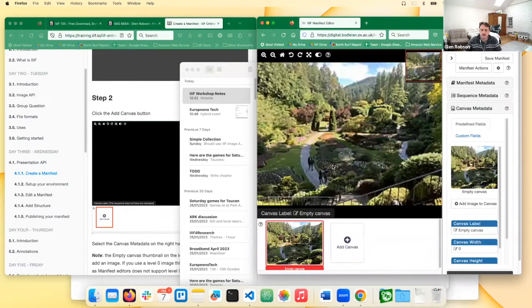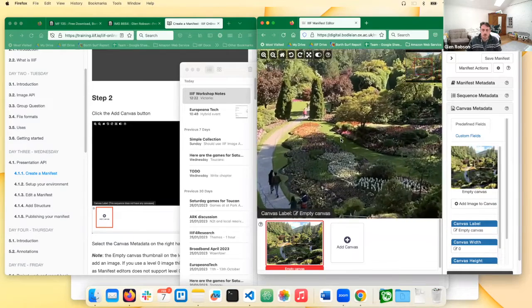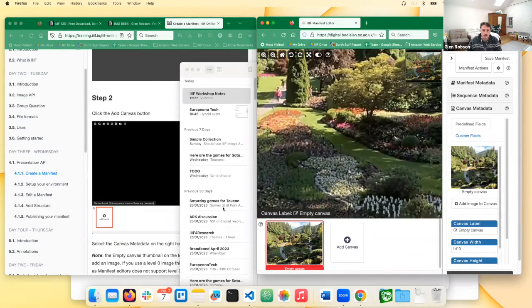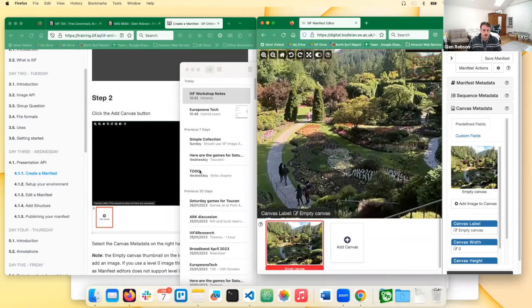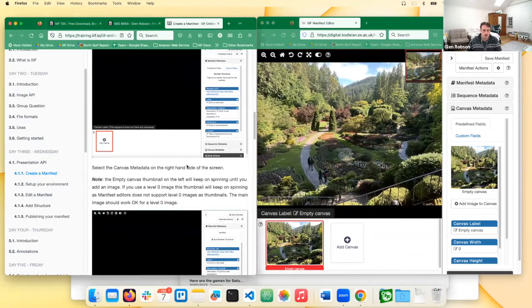So this can take a few minutes to load, especially if you're using the Internet Archive image server. But when it's loaded, you should see the thumbnail on the right, and the main image, which should be zoomable. So that looks like it's loaded okay. So I can jump down to